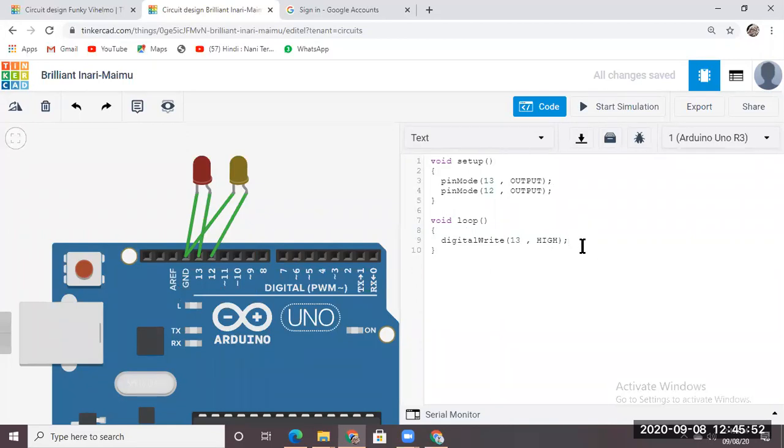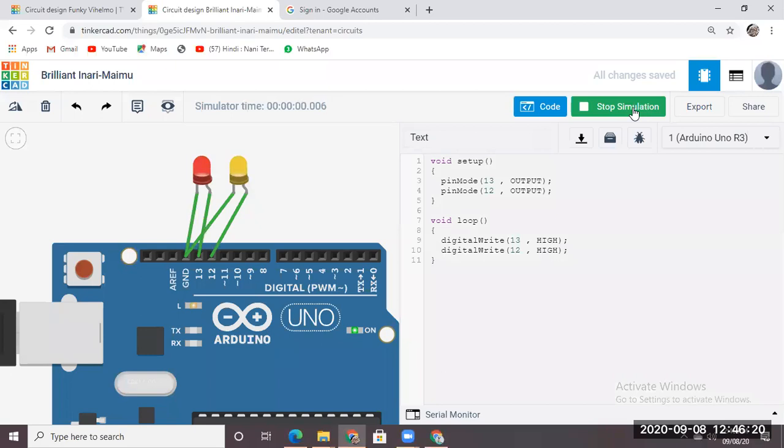And then after this line inside the loop, we will turn on the LED, and the code to turn on any LED is digitalWrite, then the pin number 12, and then HIGH. So make it high and then start simulation. Okay, our LED is turned on.